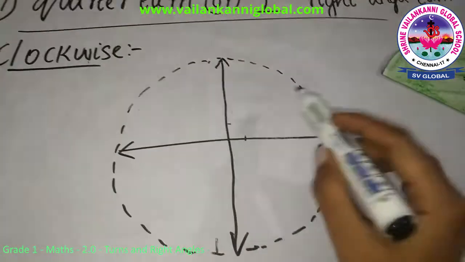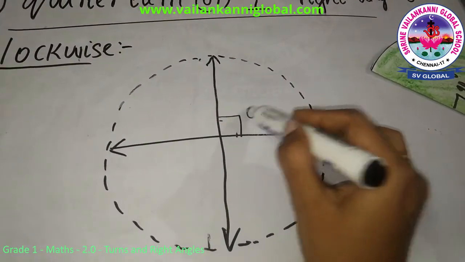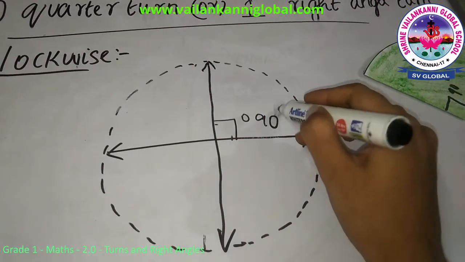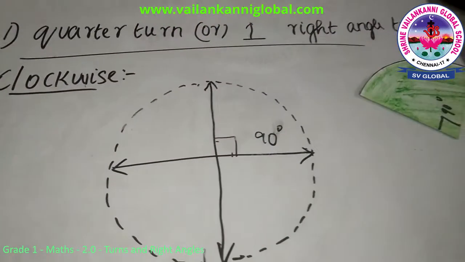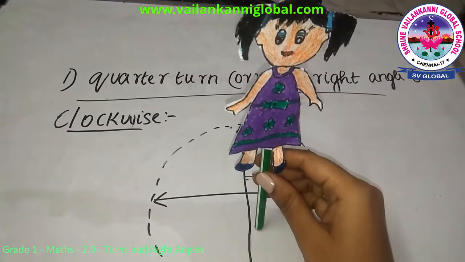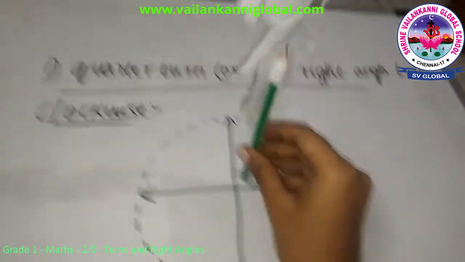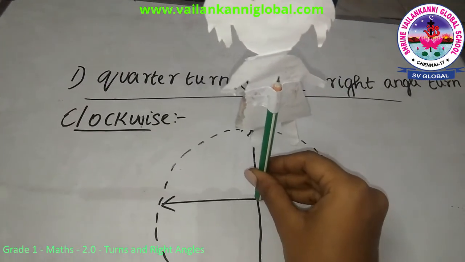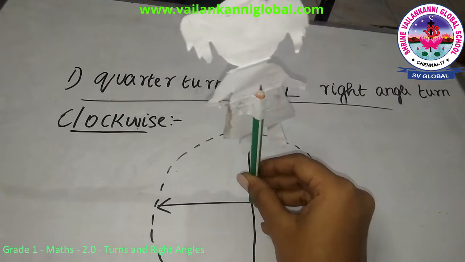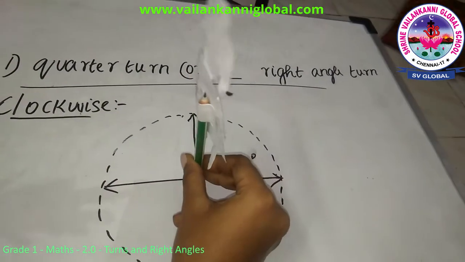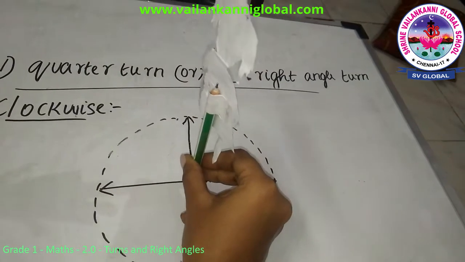Okay. So what is a quarter turn? A quarter turn is nothing but, I am going to explain it to you with an example. So 90 degrees. Okay, this is a quarter turn. So let me introduce Tina to you. Okay, so Tina is going to now face in this direction. Okay, she's facing the front direction. So I'm going to make a quarter turn. Quarter turn means she's just making a turn and now she's facing towards this direction.